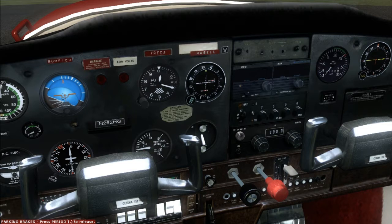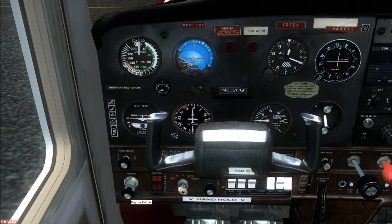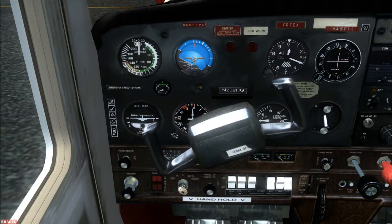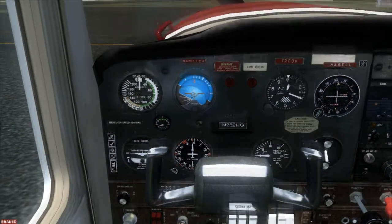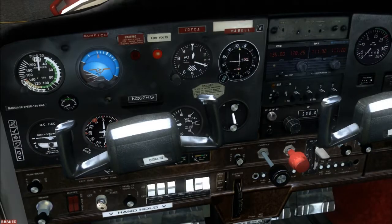All right, so let's go ahead and get this airplane started up, and let's go fly it out of here and see what we can find. Parking brake set, but we'll hold down the brakes. Let's prime it 7 times. Remember, when you're using this type of primer, you do it about 7 times because in the first 2 or 3 pumps you only get air. So the rest of it you're getting fuel, which is what you need in that one cylinder. That's how the primer works. It sends fuel into one cylinder. I forgot which one it was, but it just sends it into one. And then once we hit the starter, and then mixture's rich,